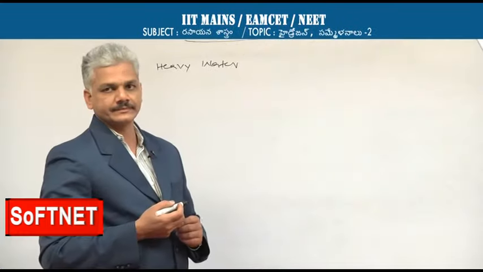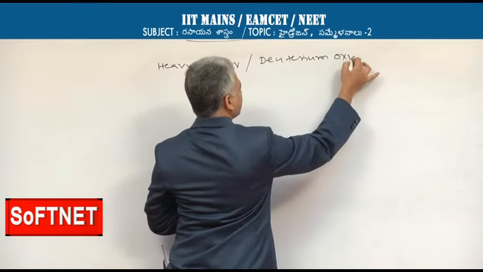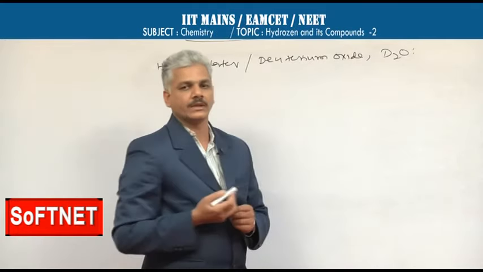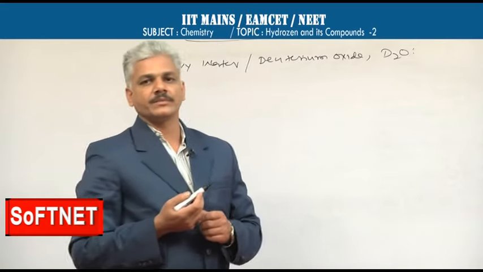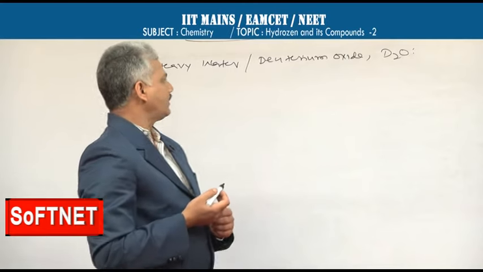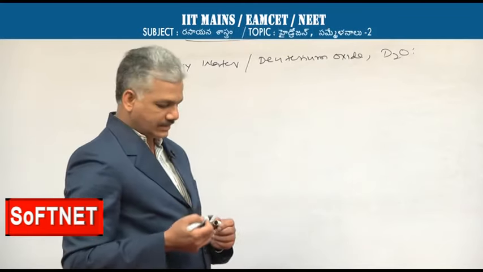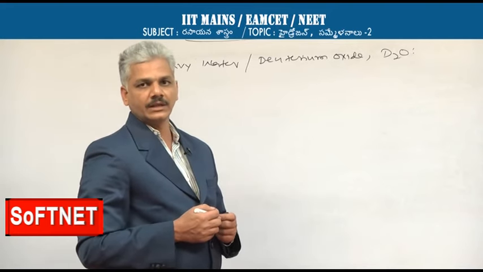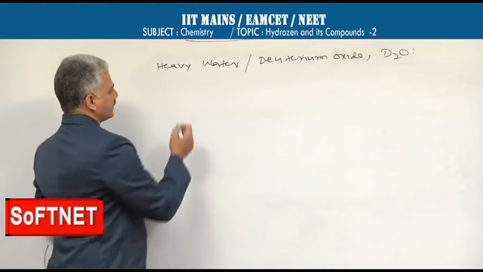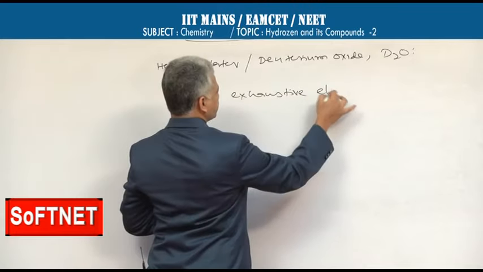Heavy water. It is also called deuterium oxide, D2O. We have to see its preparation methods, properties and uses. Heavy water is present in natural water in trace quantities. Hence, it has to be isolated from natural water itself. The process used is called Urey's exhaustive